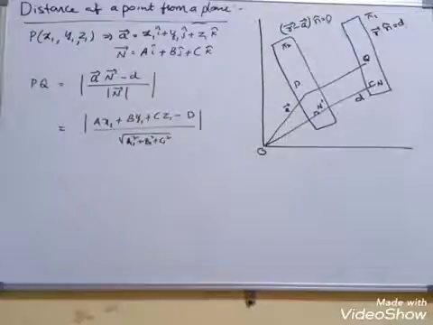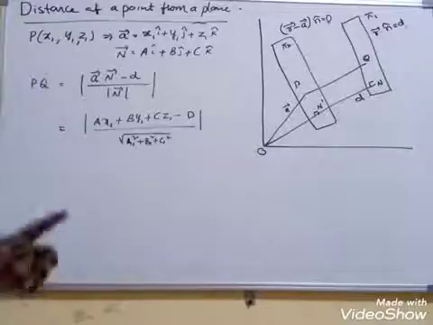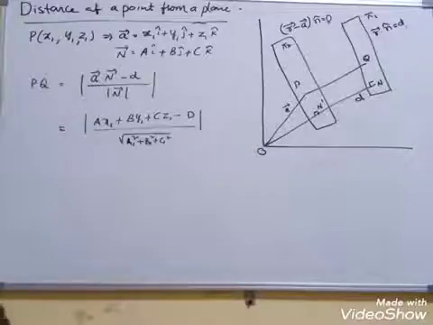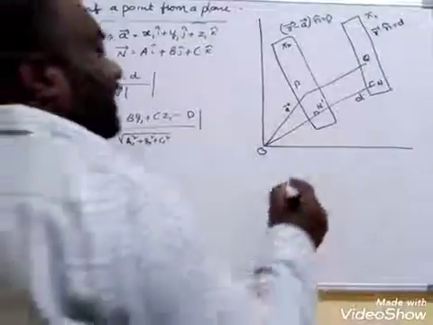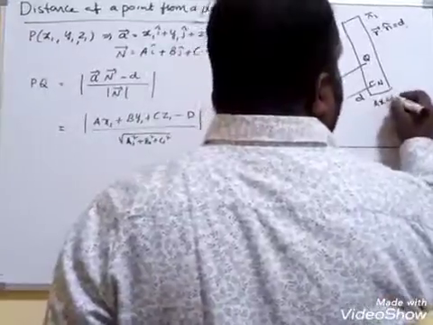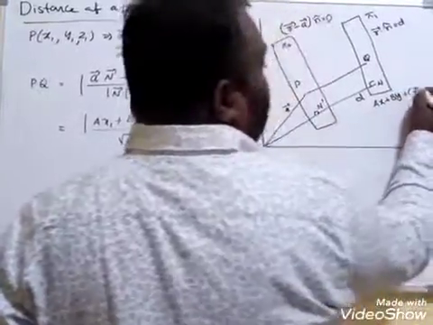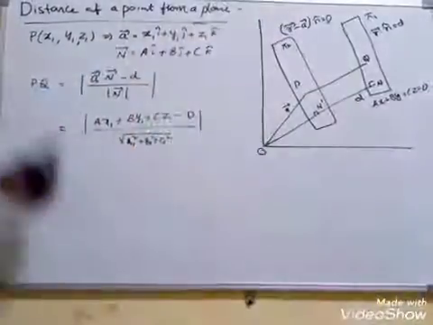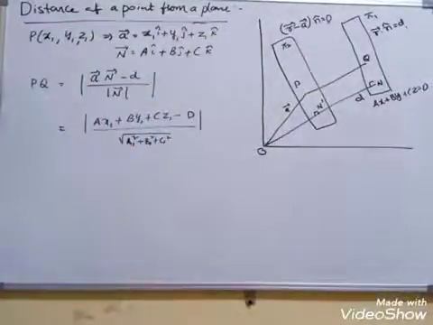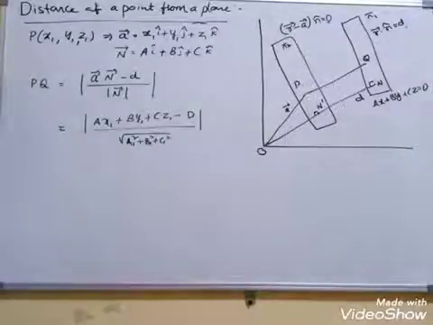Once again I am going to repeat this. Here what are they given? The equation of the plane. If they are given it as ax plus by plus cz is equal to d, and let P be x1, y1, z1 be the point, then the position vector is a bar equal to x1 i plus y1 j plus z1 k, and n bar is equal to a i plus b j plus c k.